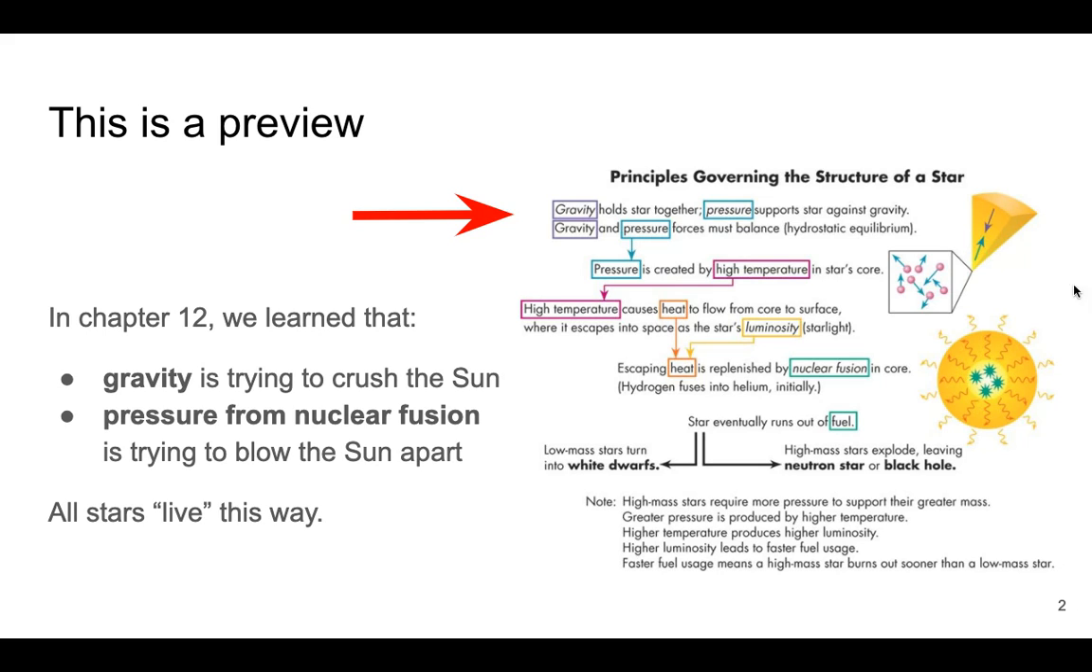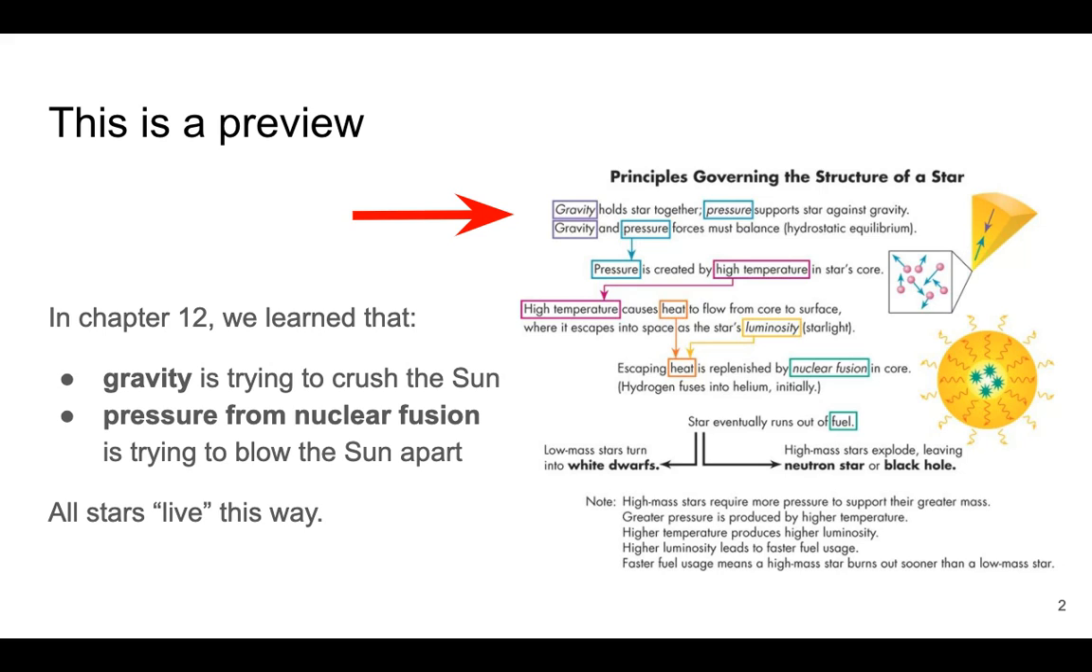So, this is the whole thing. Hydrostatic equilibrium: gravity trying to crush the sun, pressure trying to blow it apart. The pressure comes from the high temperature in the star's core. That's the nuclear fusion going on in the core. All this stuff goes on, and then eventually the star is going to run out of fuel. It's going to turn out that low mass stars, which are stars that have between 0.1 and 8 times the mass of the sun, so the sun is a low mass star,